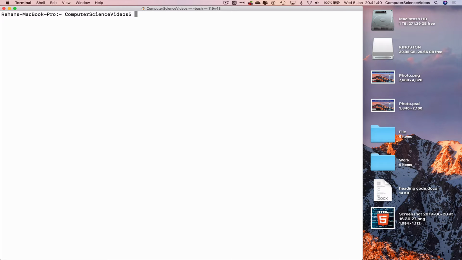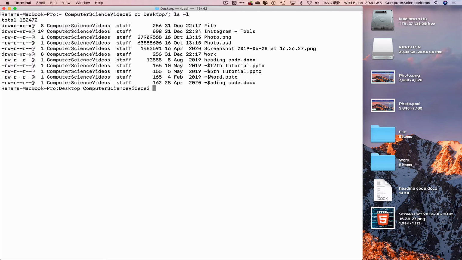Let's now navigate to the desktop using cd desktop; ls -l, enter. We now need to navigate into volumes and then Kingston,